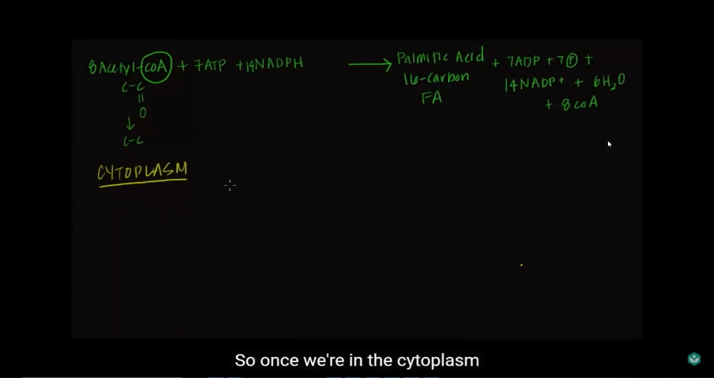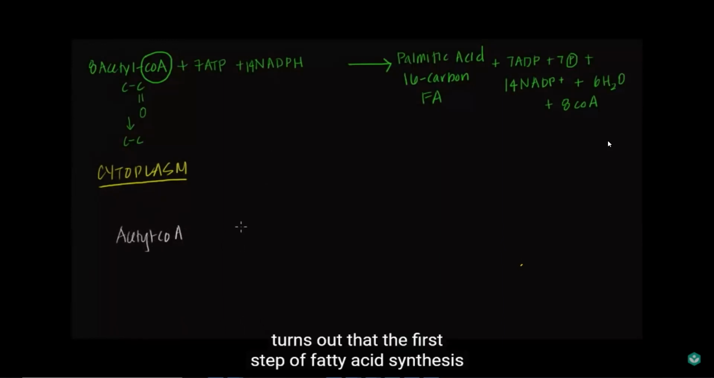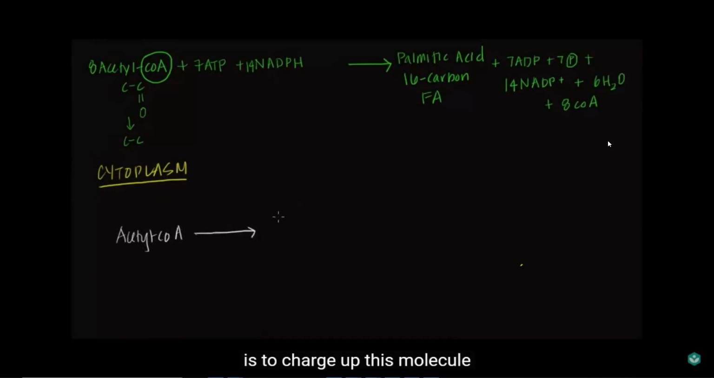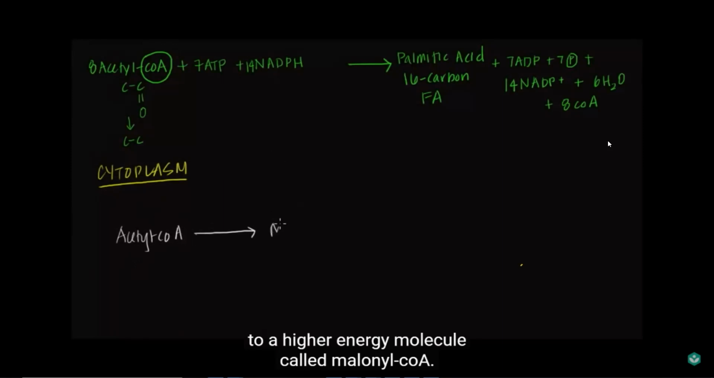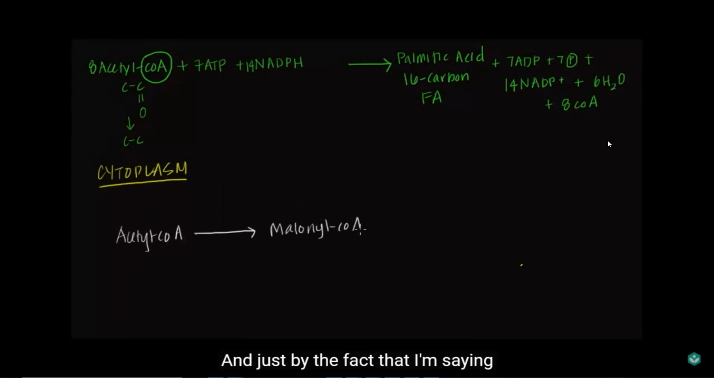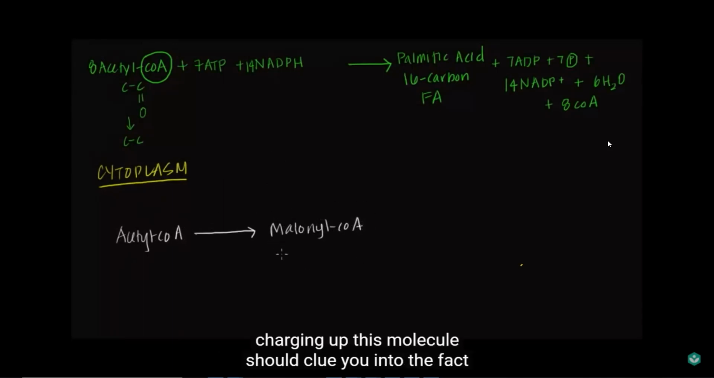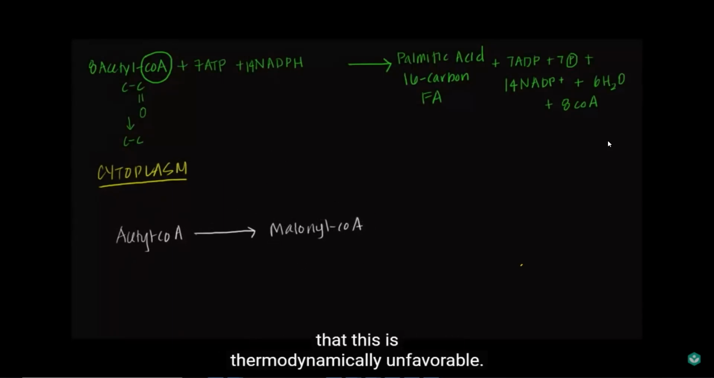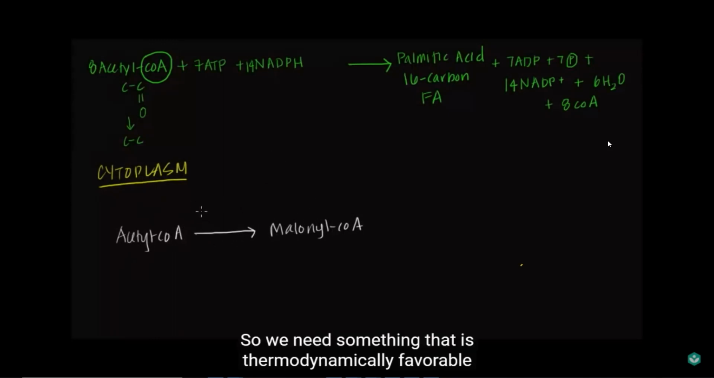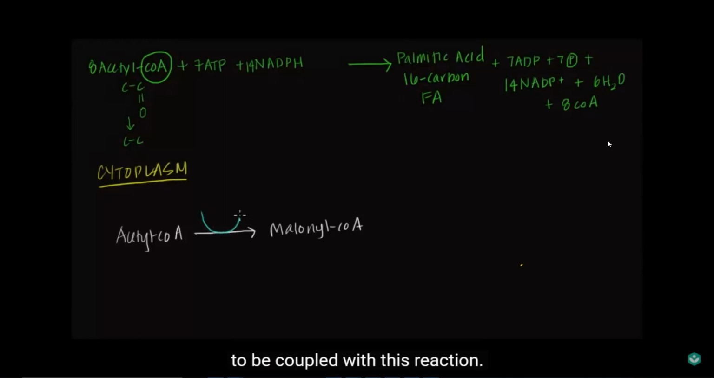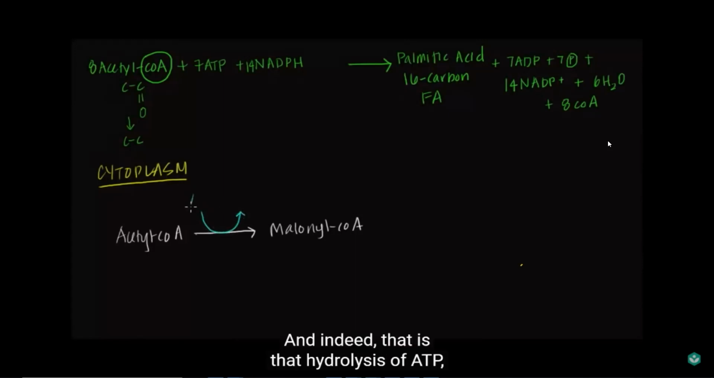All right, so once we're in the cytoplasm and we have acetyl-CoA at our disposal, it turns out that the first step of fatty acid synthesis is to charge up this molecule to a higher energy molecule called malonyl CoA. And just the fact that I'm saying charging up this molecule should clue you into the fact that this is thermodynamically unfavorable, and so we need something thermodynamically favorable to be coupled with this reaction, and indeed